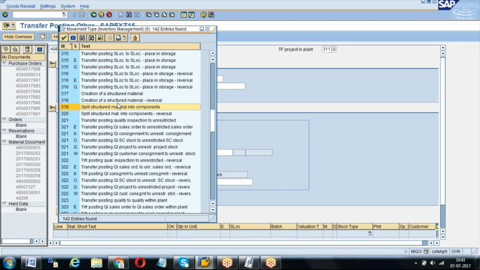And stock transfer, 301, 311 mainly. The stock transfer can be done either through MIGO with this one, or else we have an STO, stock transport order, a purchase order. That we use because when you go with a purchase order, you have a lot of flexibility: freight charges, shipping charges we can give, you can take a proper PO printout, and you can also assign C form. Now C form is not available in India, I think, after GST.